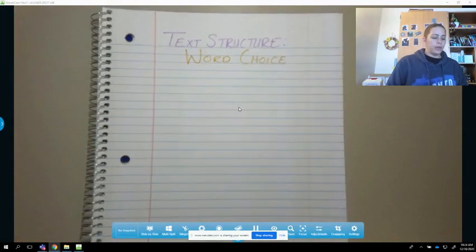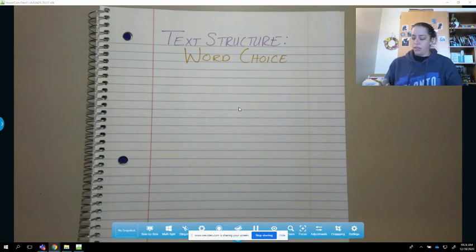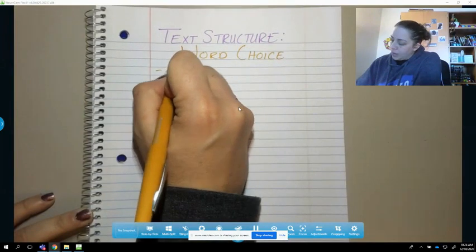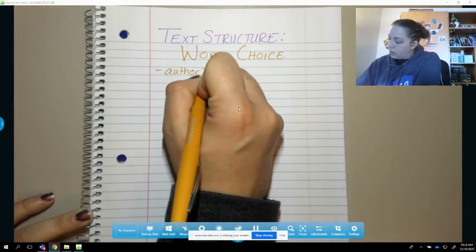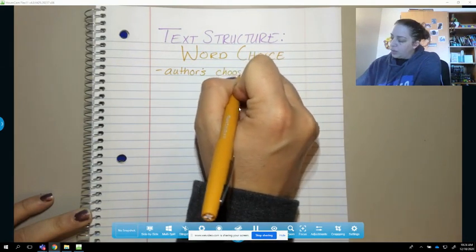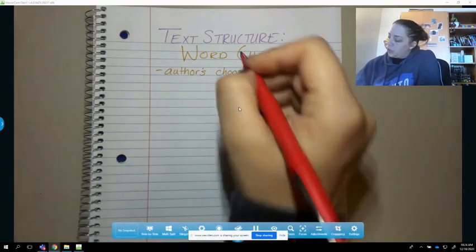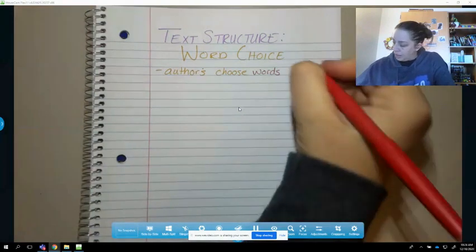Now, you might be wondering, what in the world for word choice? Aren't words just words, Ms. Rocky? And yes, they are just plain old words, but sometimes authors choose very specific words. And you need to go ahead and write this part down. So authors choose, I'm going to make this next one in red because I really want you guys to remember this. Choose words carefully